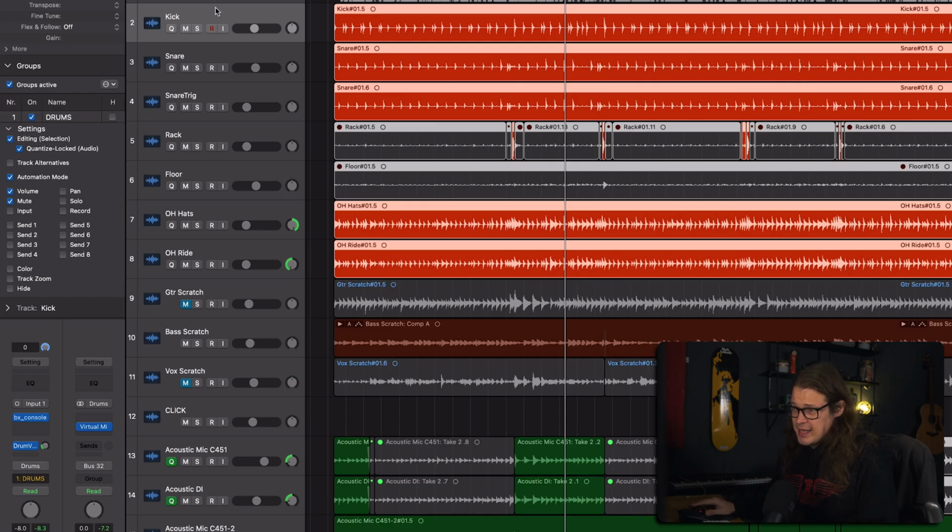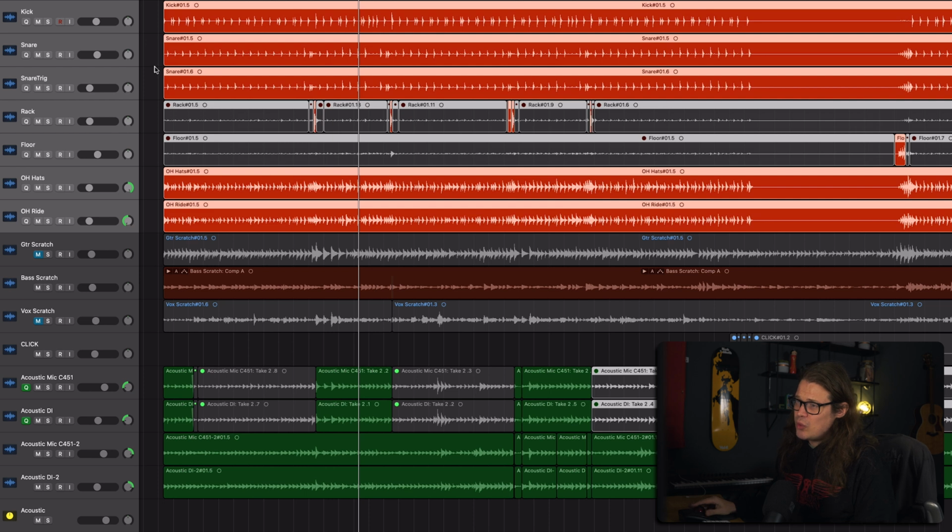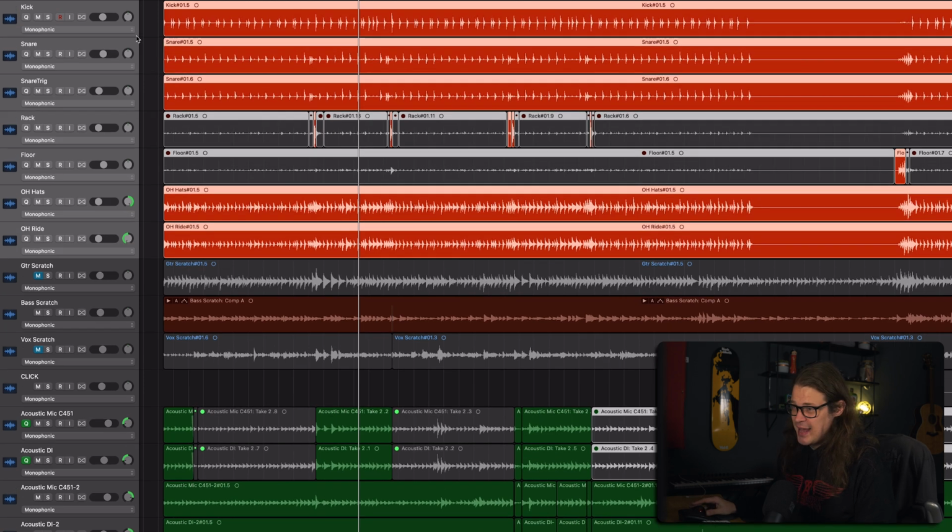These are all in a group: my kick, snare, snare trig, rack, floor, overhead hats, overhead ride. If I select all those and go to my mixer, you can see that I've put those in a group that is called drums. Now what I want to have engaged here is editing and quantized locked audio. Why is that? Because when you group something, typically it might just be the fader levels that are grouped, or it might just be the mutes that are grouped. You don't want that. You want all the editing grouped. That means that when you make an edit on one drum, it makes it on the rest of them as well. Very important. So what we do then is press Command and F to bring up flex,